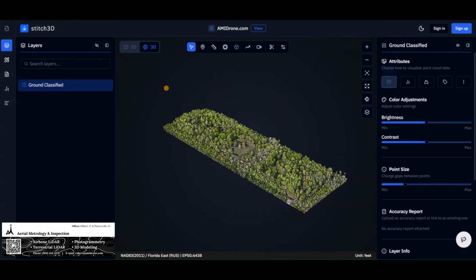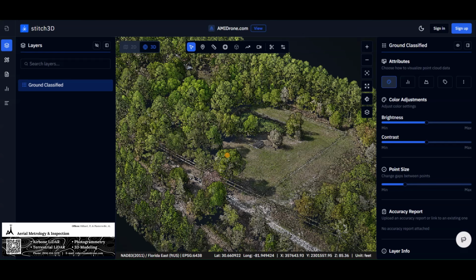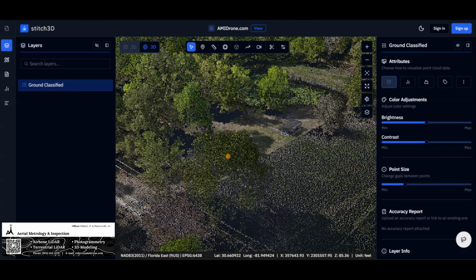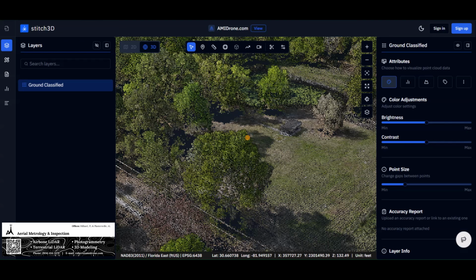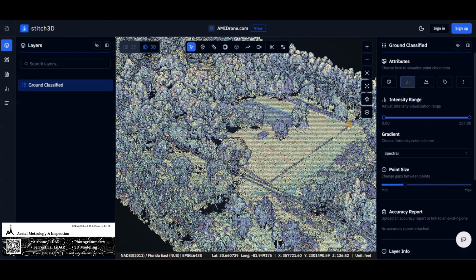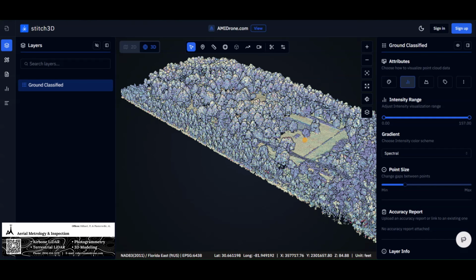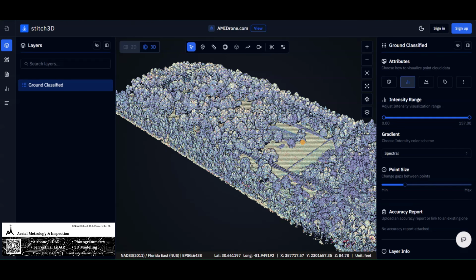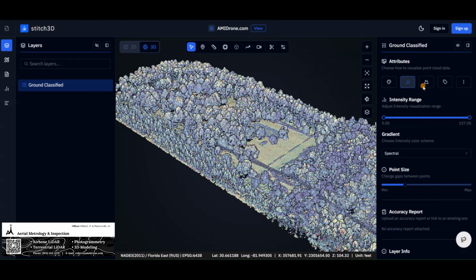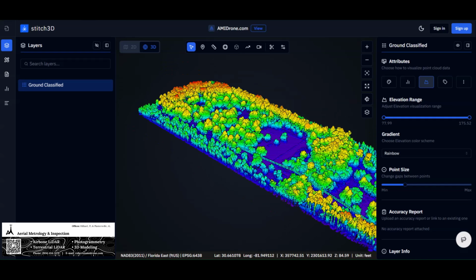Some of these attributes, if we're in the layers tab with ground classified selected, we can look at the different attributes. Currently we have the RGB values, so these are the real colors that were collected and assigned to each point during the flight. You have intensity here, so this shows you the intensity of the return from the LiDAR pulse. So it's shooting light at the ground, it hits something, bounces back, and this shows you the intensity of every single point. You may not use this too much, but one very helpful feature would be looking at the